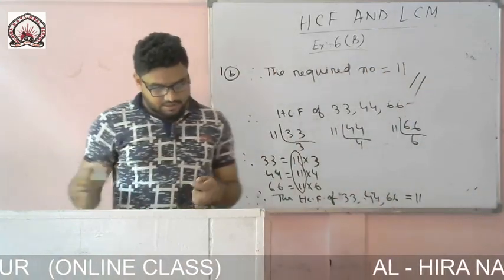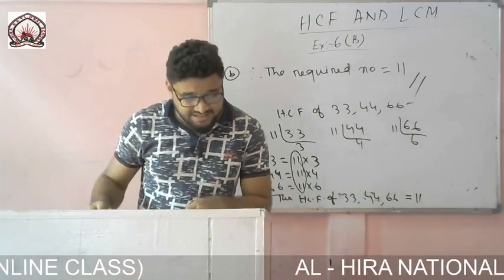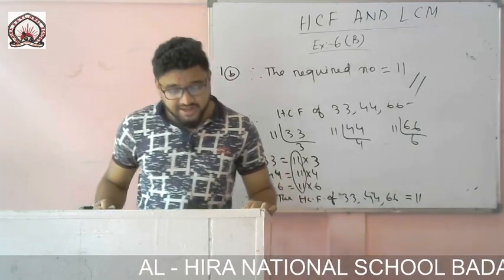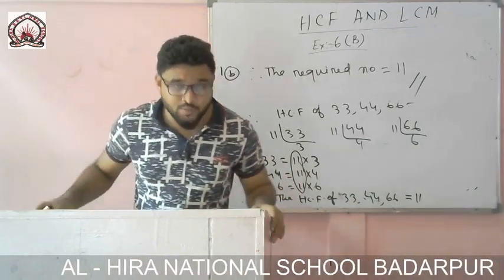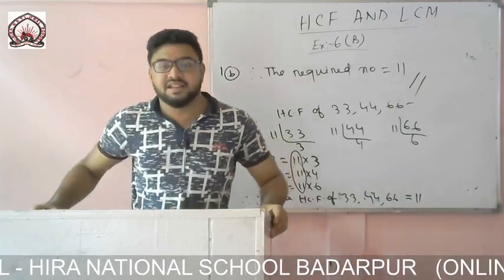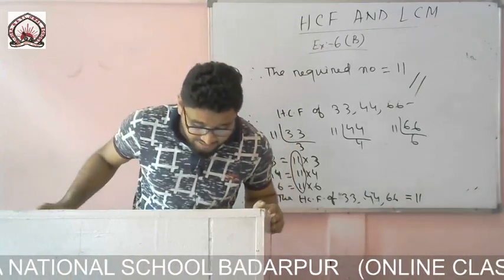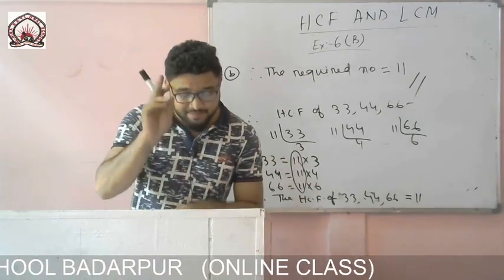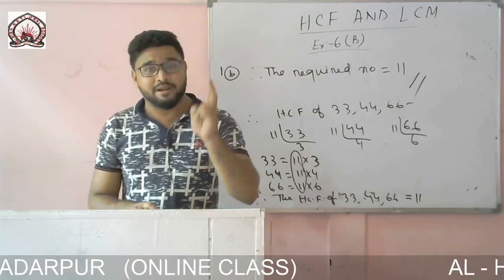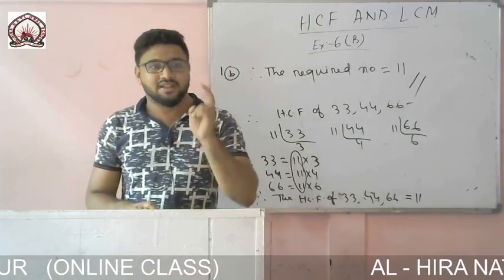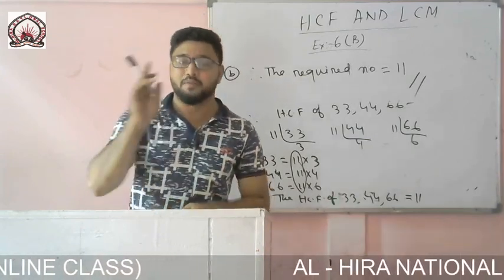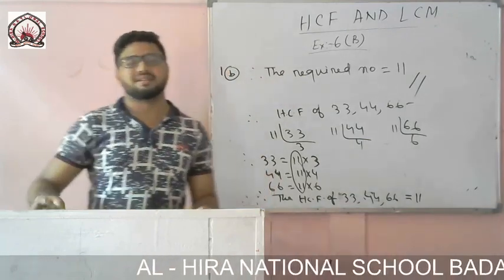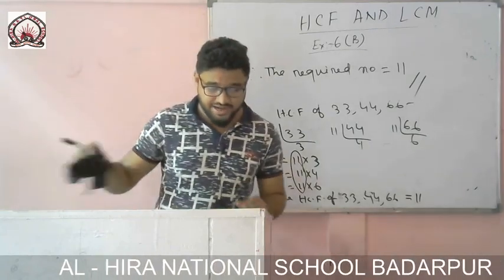Okay. Now come to question number 2. Find the greatest number that divides 33, 45, leaving 3 as remainder in each case. That means you have to find such a greatest number that will divide 33 and 45, and after dividing, they should leave 3 as remainder in both cases. Whenever you divide 33, that will leave 3 as a remainder. Again, whenever you divide 45, that also will leave 3 as a remainder. And you have to find the greatest number. So write.